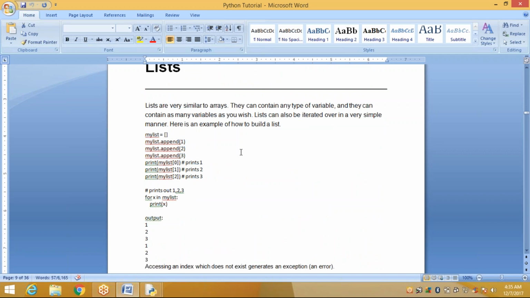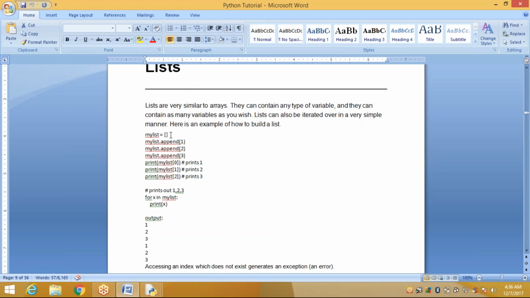What is an array? An array is a sequence of variables which starts from 0, 1, 2, 3 and so on. Right? So lists are very similar to arrays. They can contain any type of variable and as many variables as you wish. So a list can also be iterated over in a very simple manner.